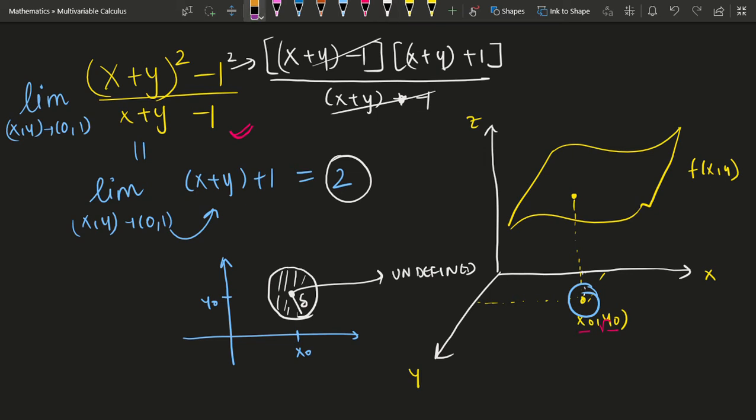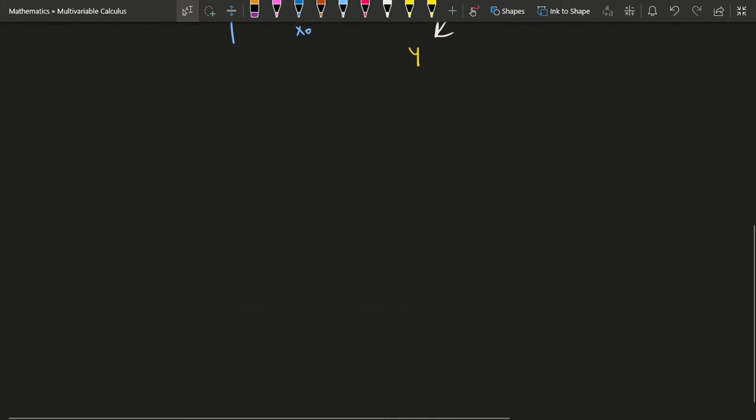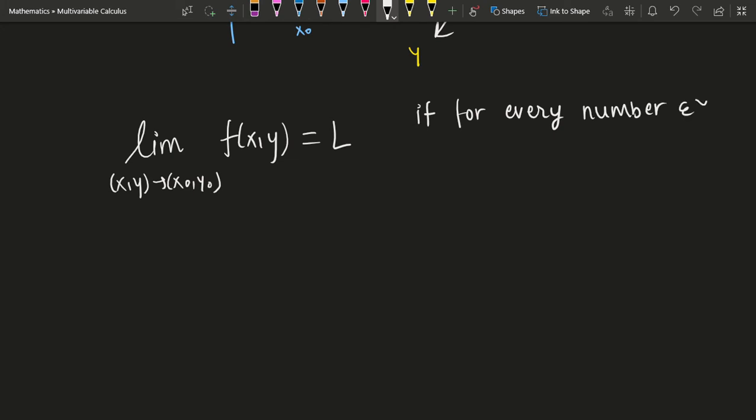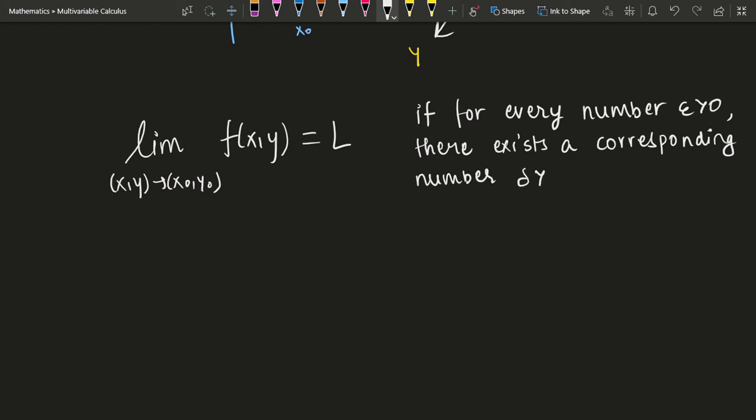Now to write this more formally, we can say that the limit as (x, y) approaches (x naught, y naught) of f(x, y) equals a certain number L if for every number epsilon greater than 0 there exists a corresponding number delta greater than 0